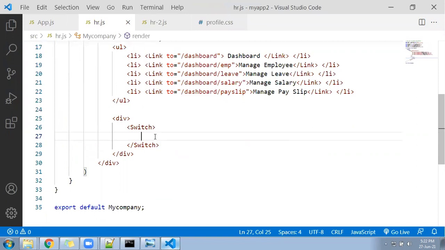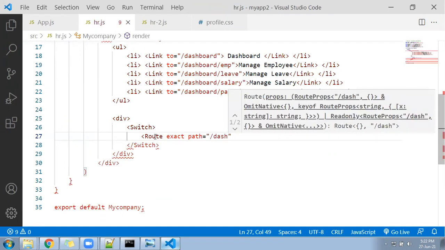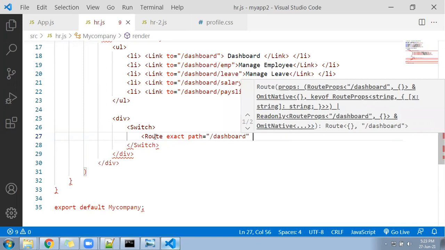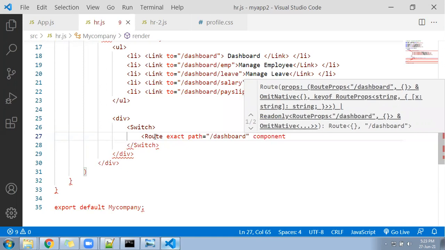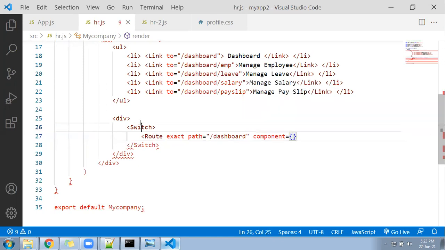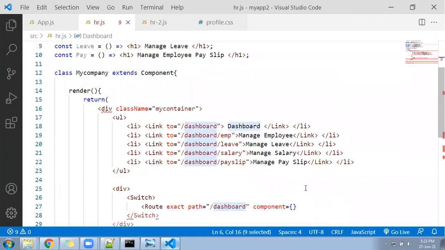First condition is Route exact path equal to slash dashboard. Then load the component. Which component? We have already made it on the top as an inline function, called dashboard component. Dashboard component I can call here.